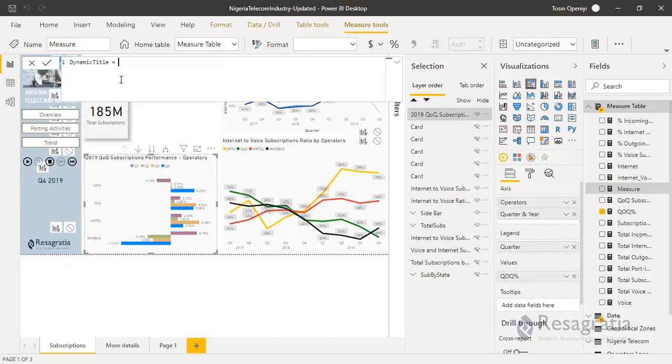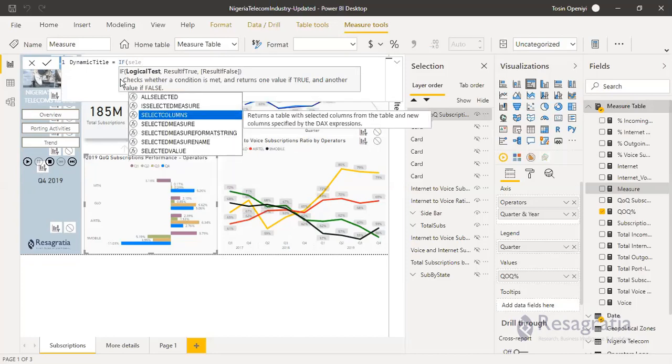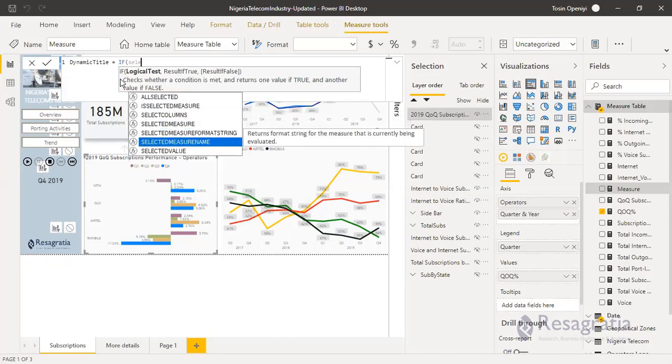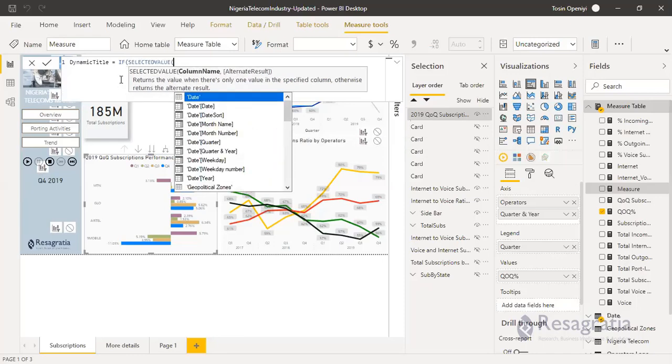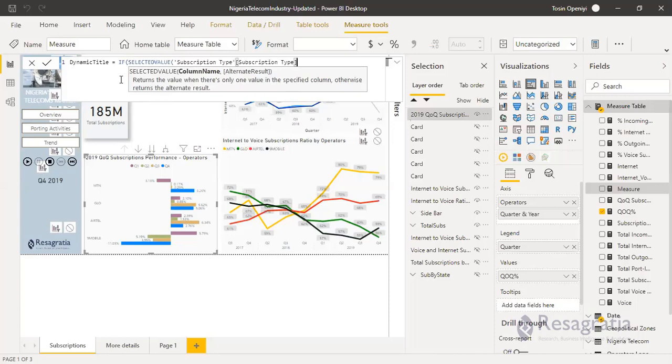So we're using an if selected value of subscriptions column, selected value of subscription equals voice, right?